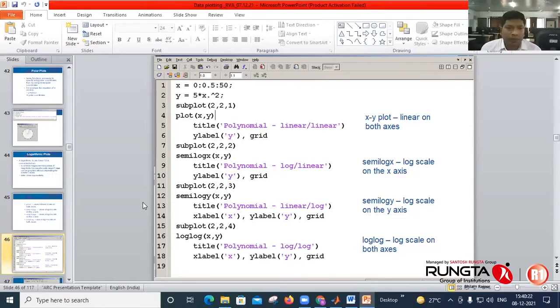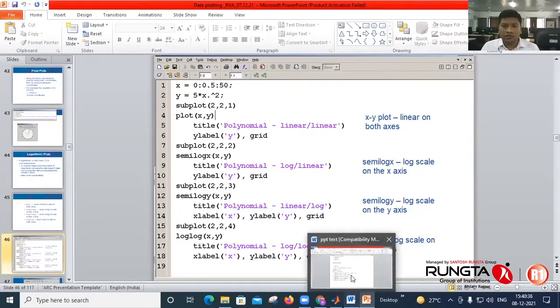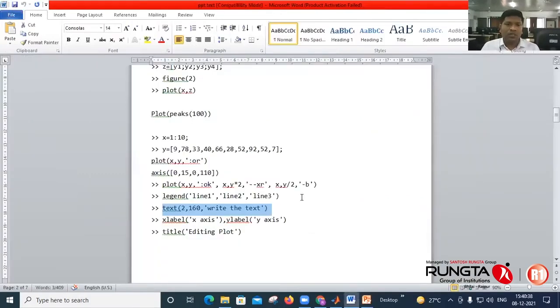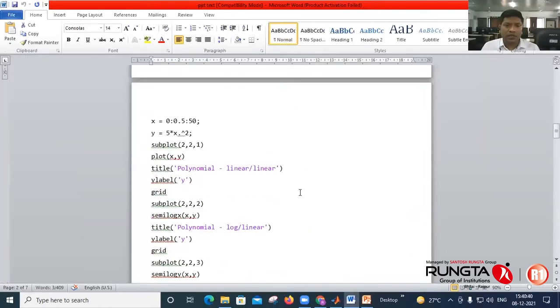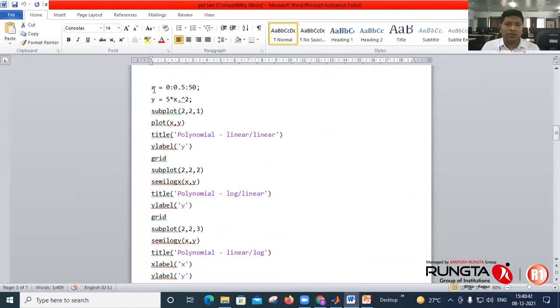So we can see the difference between plot, semilog x, semilog y, and log. Okay, so I have already made the code for that. So I will directly type it there.